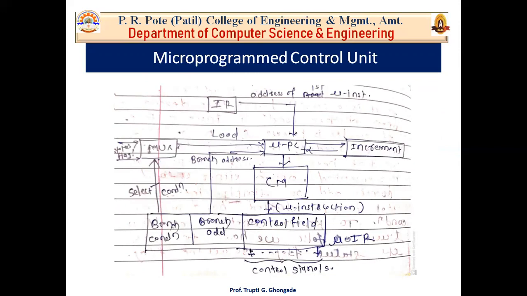Another way of generating control signals is the microprogram control unit. All modern processors are made using a microprogram control unit. This concept was introduced in 1952 by a person called Maurice Wilkes, so the design is called the Wilkes design. This is the proposed design block diagram, and this idea was proposed before any other processor model.